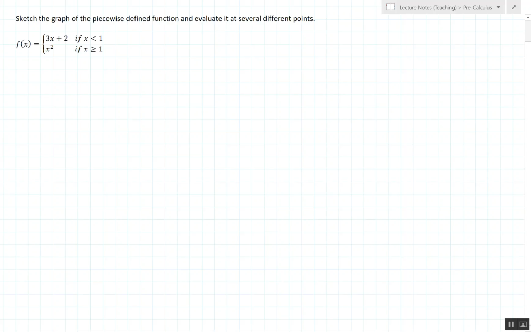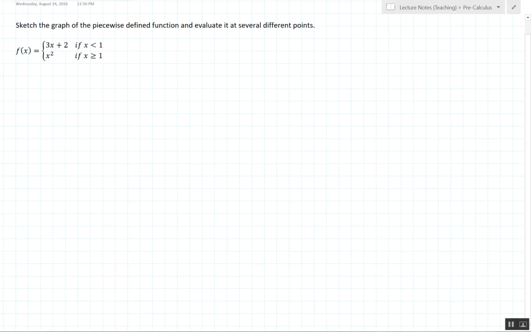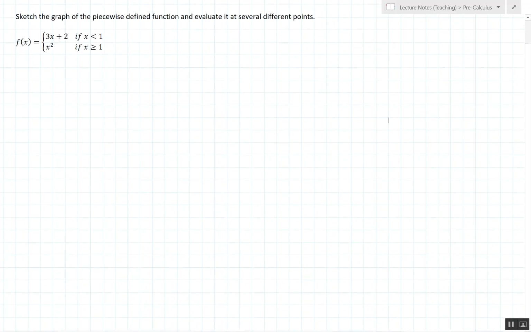Hi everyone, this time we're going to talk about piecewise defined functions. You should know what these are from algebra, so I'm not going too in depth on them, but I do want to remind you about how to graph them and how to evaluate them at different points. So the first thing we're going to do is graph, so let's draw some